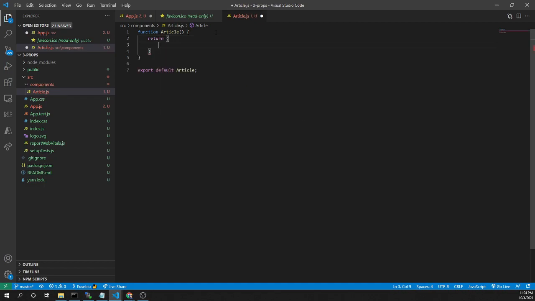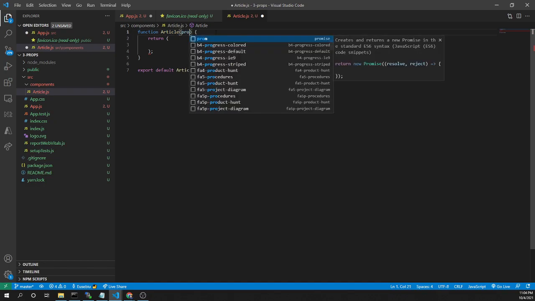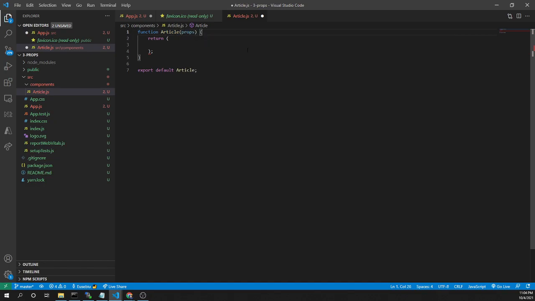Here I have the return, and here I have the props. So the props are working in React like the parameters for the function. So now here I can send some properties to my article component. But let's create some other components.